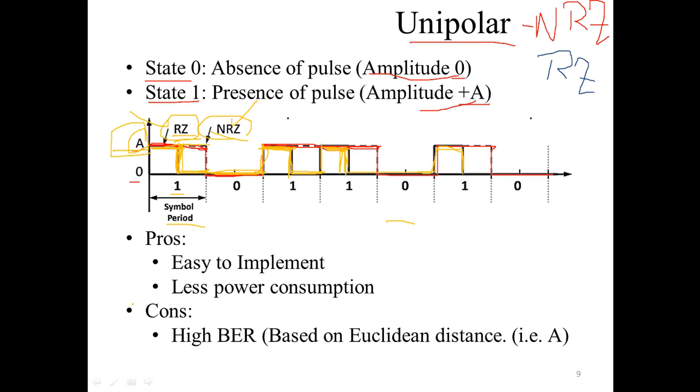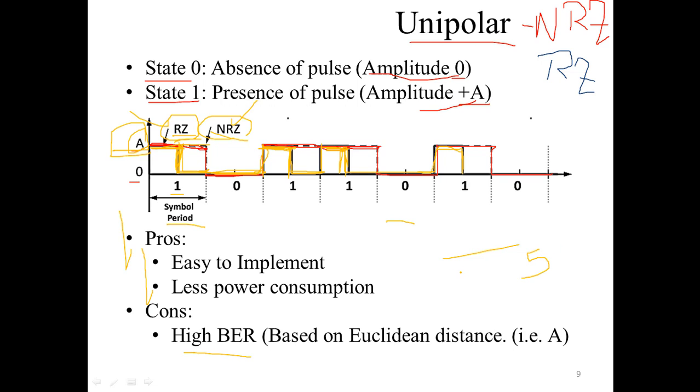So the pros are this: it is very easy to implement this unipolar NRZ or RZ. They are very much easy to implement, and they are consuming less power. But the cons are they produce very high bit error rate based on Euclidean distance, because you see that there is very much low distance between 0 and A. Let's say A is plus 5